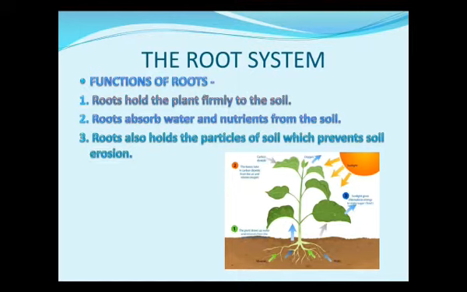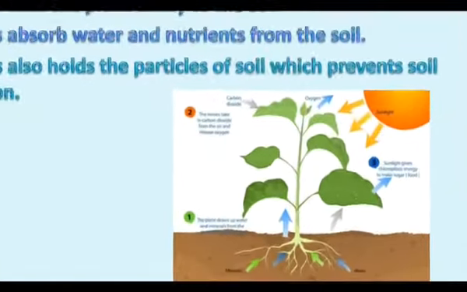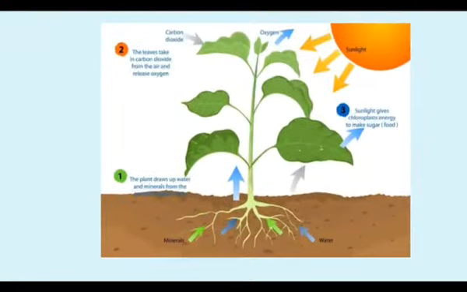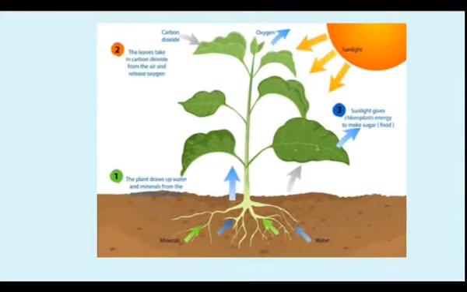In the picture you can see that the root is absorbing the nutrients from the soil. Whenever you are giving water to the plant, are you giving it on the stem or in the roots? Generally, the correct method of giving water to the plants is giving water to the roots. We cannot see the roots because they are underground, but when you provide the water, it goes towards that part, the soil. You are giving it to the soil so that it will be absorbed and the roots will